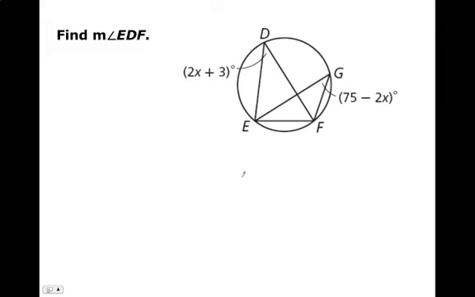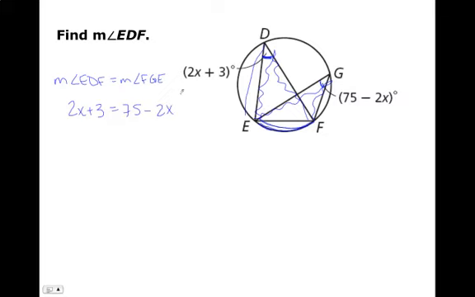Let's take a look at this one. We want to find the measure of angle EDF. So this is the measure we want to find. Well, if you notice, the angle here intercepts arc EF. If you look at angle EGF, this angle also intercepts arc EF. So since they intercept the same arc, we know that the measure of angle EDF should be equal to the measure of angle FGE. So now we can substitute in our values